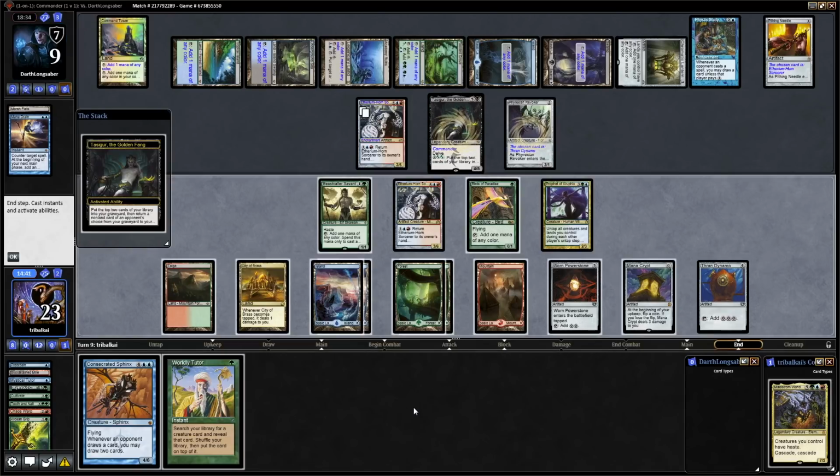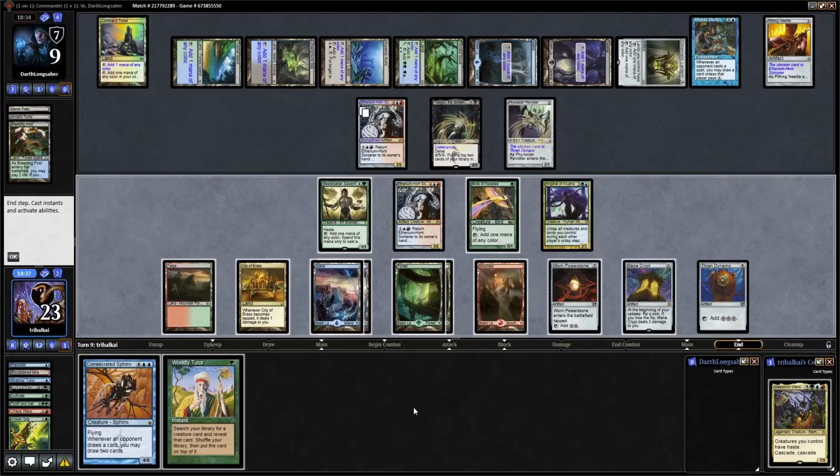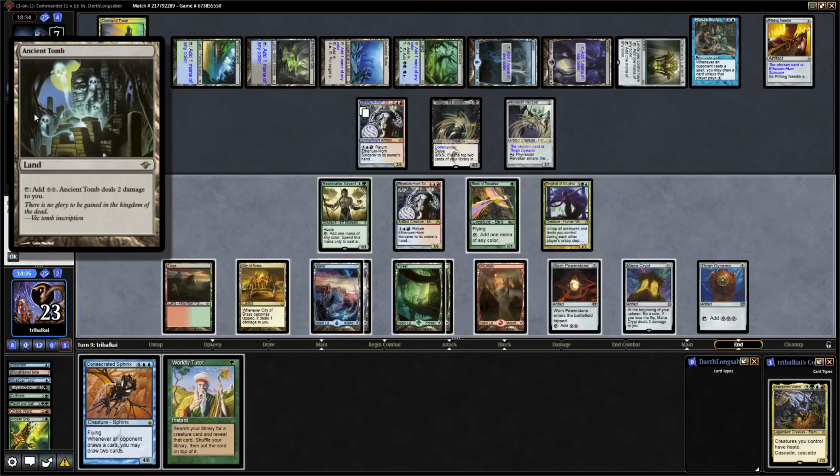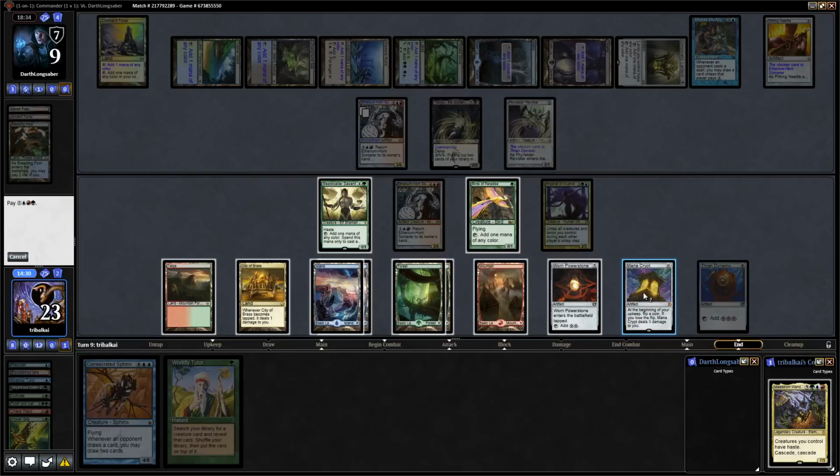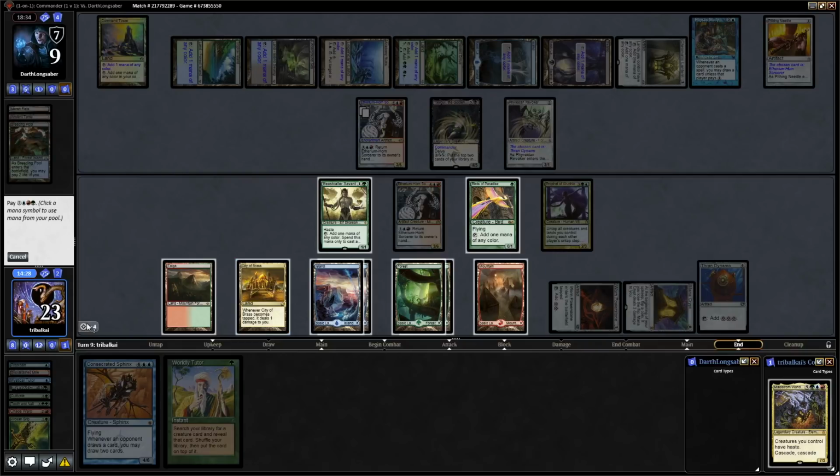The risk here is that they mill 2 lands and force us to give them Mana Drain. And that, of course, is exactly what happens. So now they have 2 Mana Drain activations if they want. I think in that case we just go for... Or do we go for...